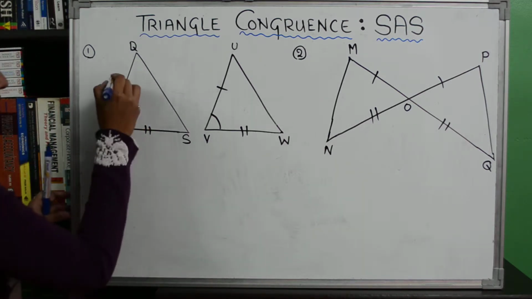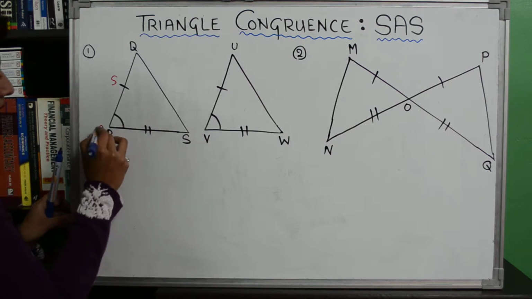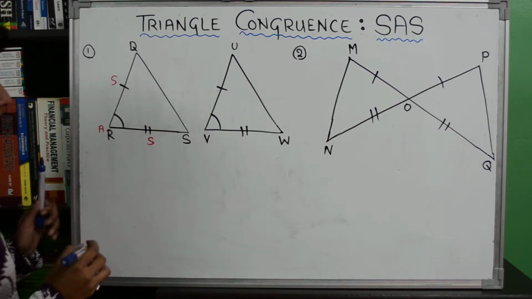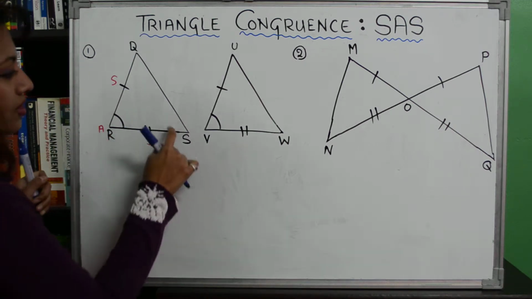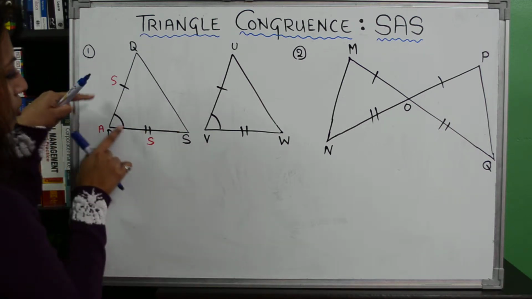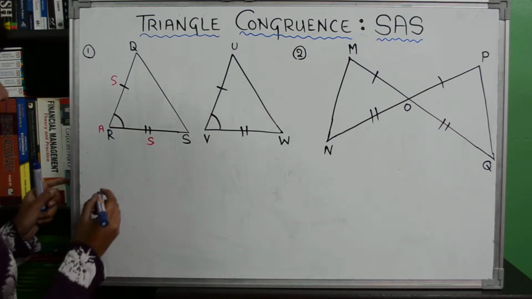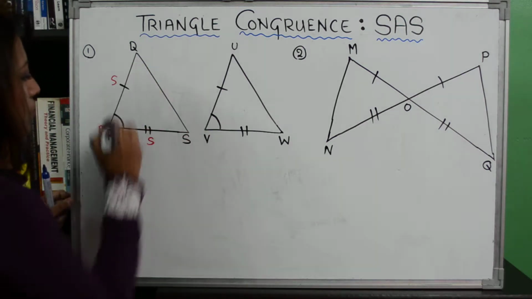I have one side given to me, and then there is an angle, and then the third one is a side. Make sure the angle is between the two sides. You cannot have an angle over here. It needs to be in between the two sides. So the first one is